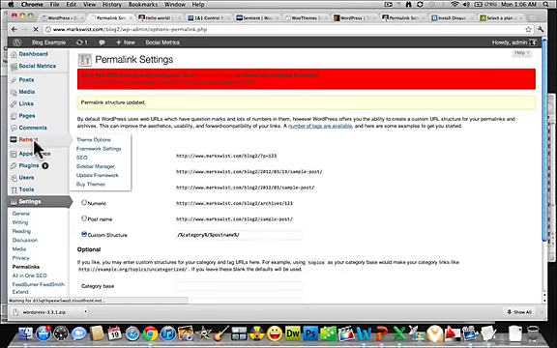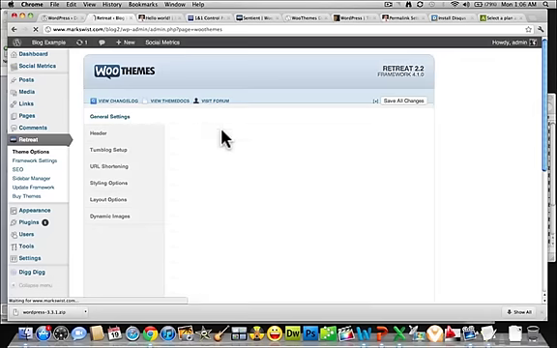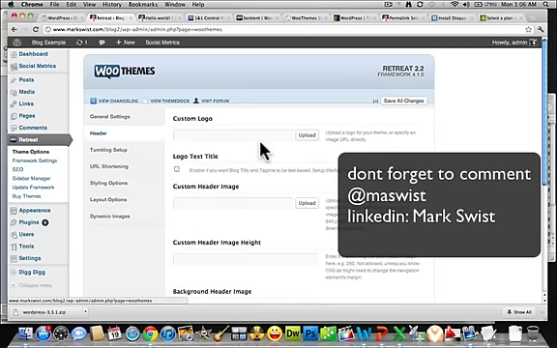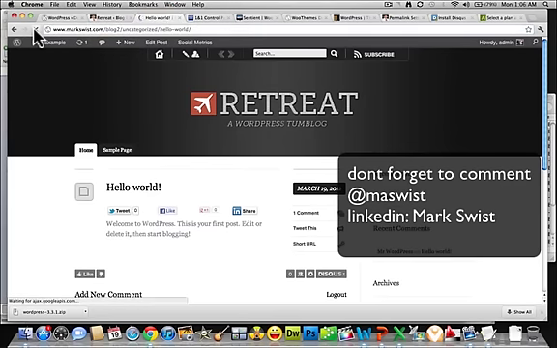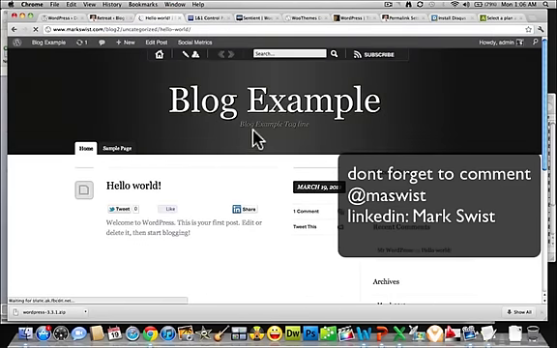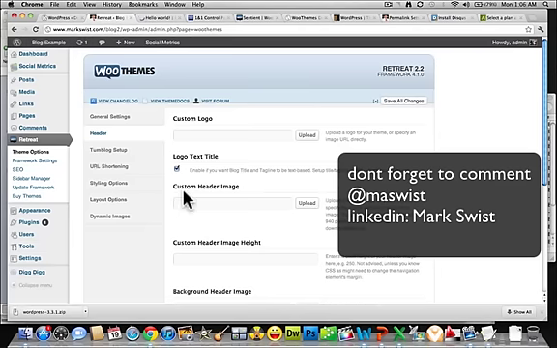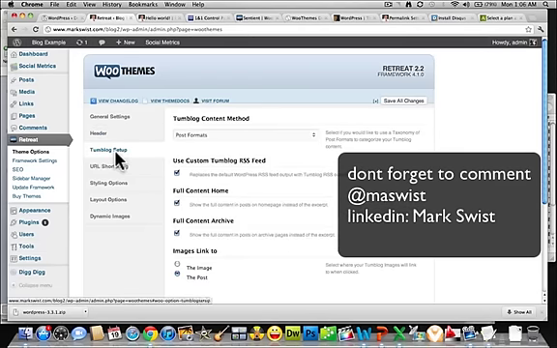Here you have your theme settings. I'm going here to retreat. Let's go ahead and give the header. We can change the logo. We can say, hey, let's use the blog title. Let's go ahead and save these settings to show you. So it's now going to use the blog title. Now if I refresh, as blog example, etc. You can put on your own custom logo. You can just upload it. All these are, and that's what you get from